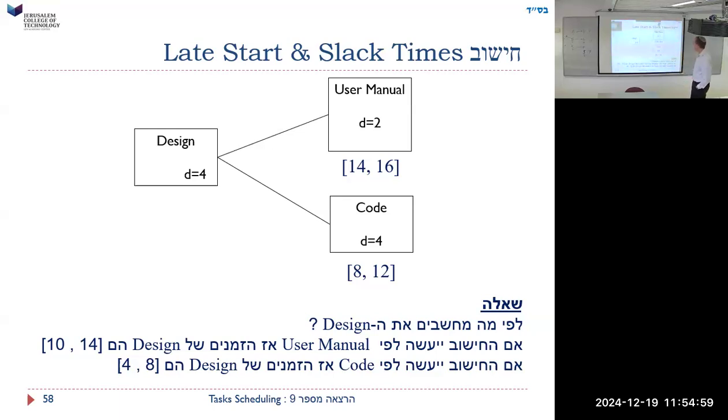Okay, so here we go, what is this? How can we determine when design must have finished? Well, this is impossible to know, right? I think so, because this says, no, we can know. This says it starts at 8 and it finishes at 12, and this says it starts at 14. Well,